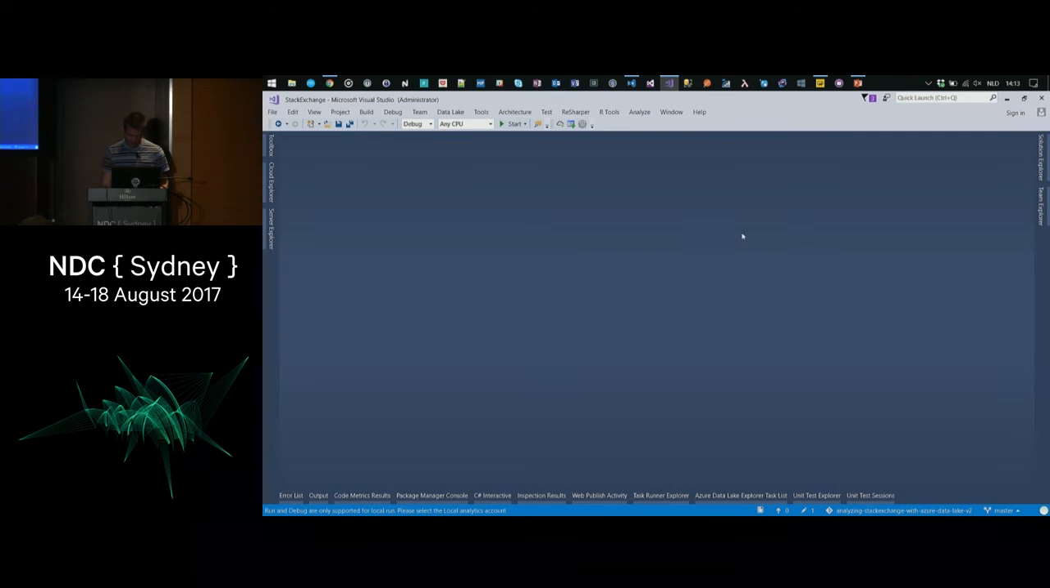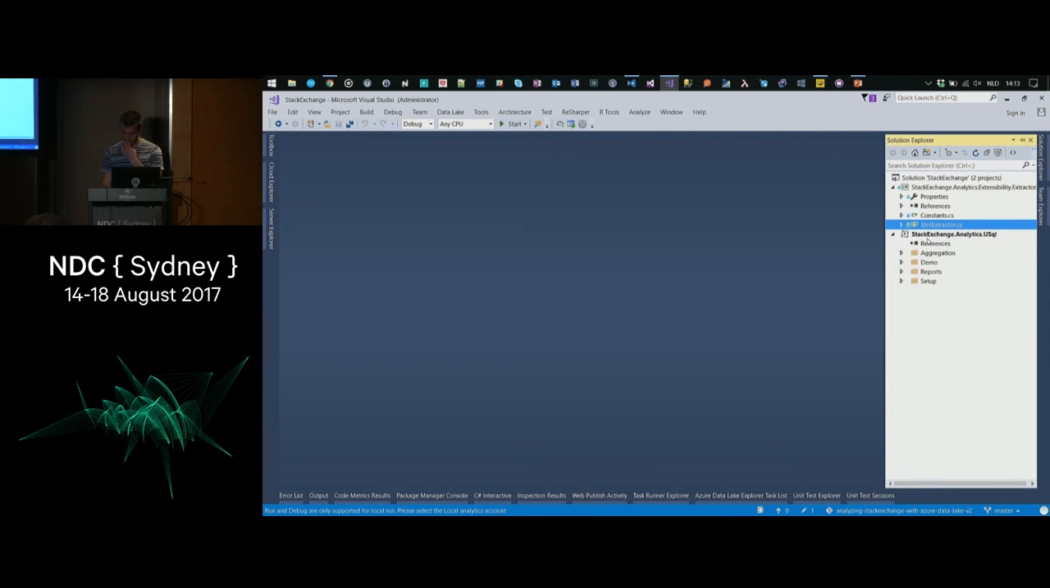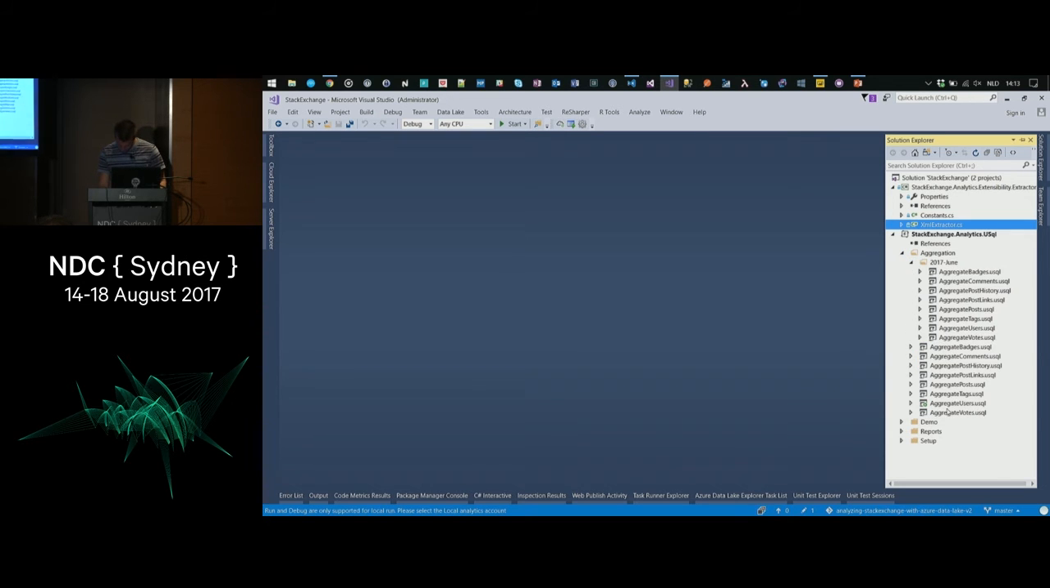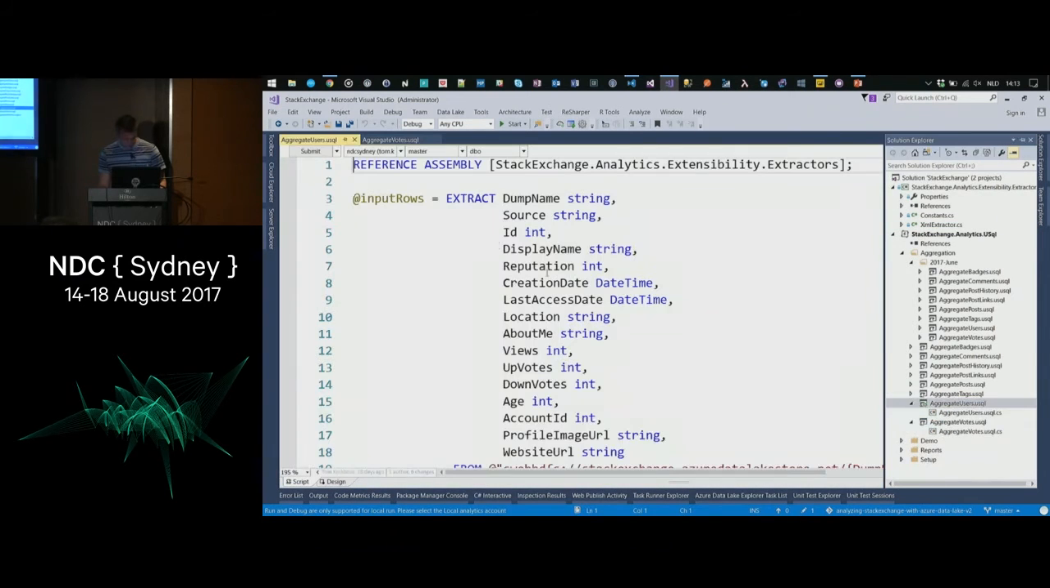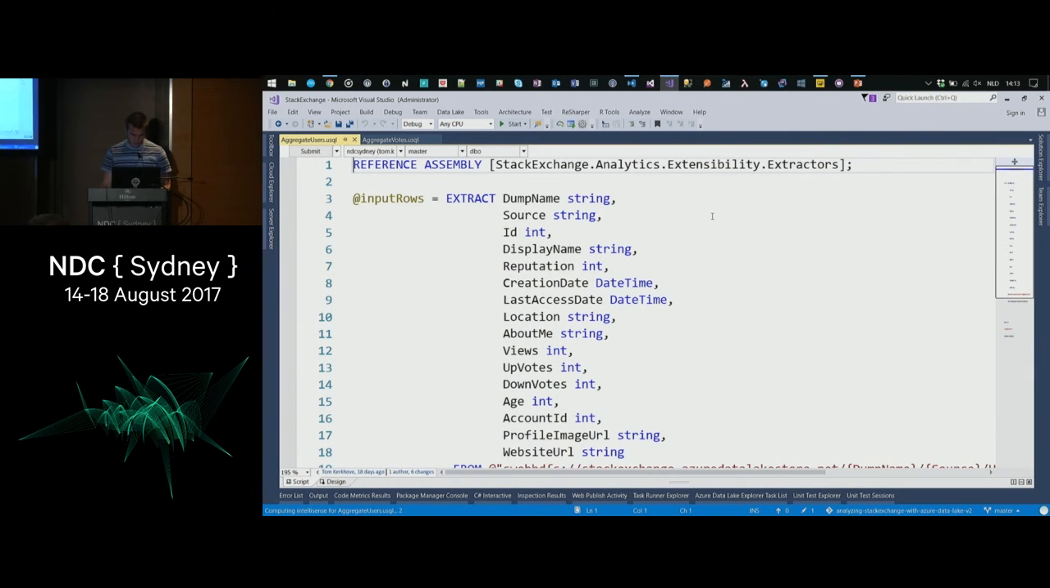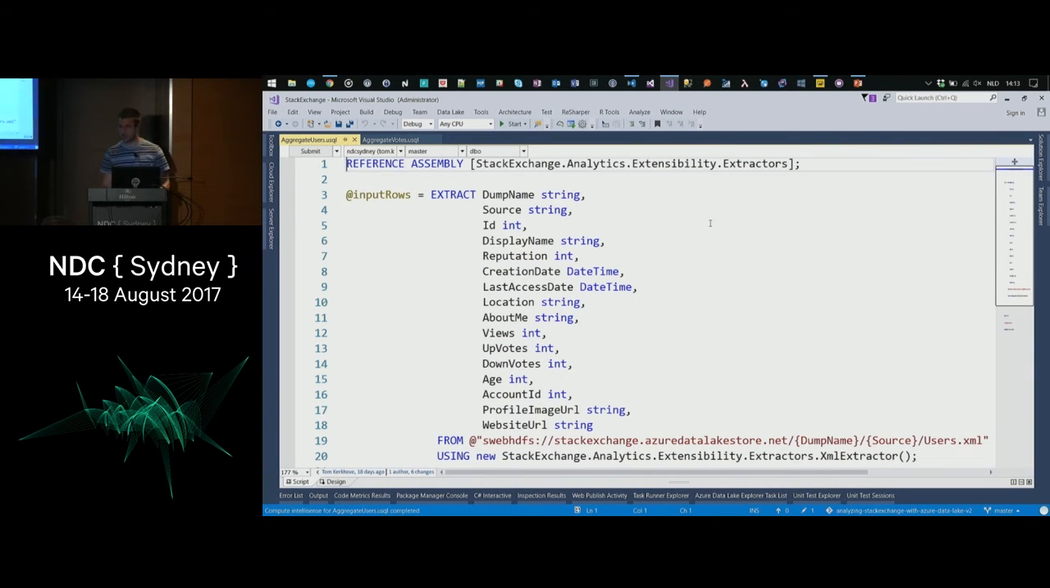Okay. If you want to play with this later on, it will be available, so I'm going pretty quick, but you will be able to do this afterwards. So, for example, this guy, if we want to aggregate all the users, which we will need for the demo, we start first with referencing the assembly, which contains our custom extractor, which will be deployed in Data Lake Analytics. And there we say, okay,